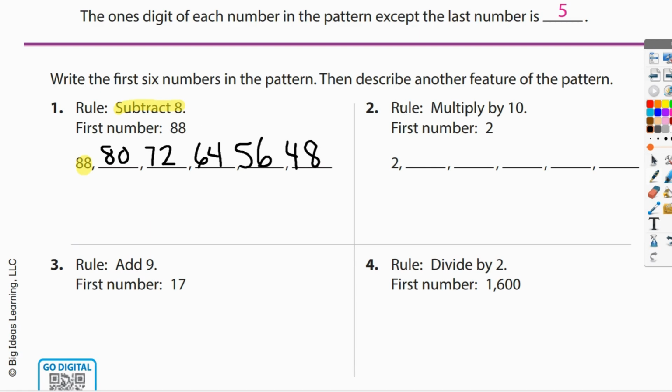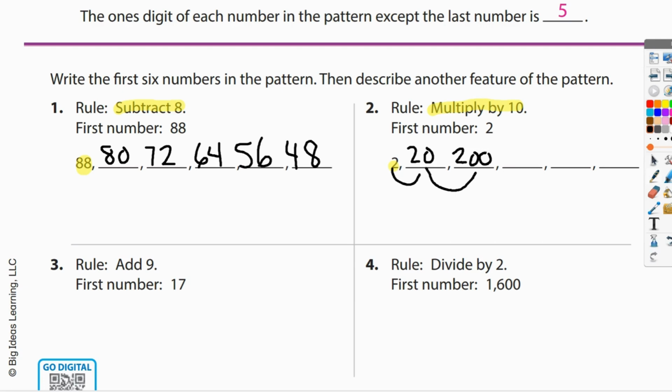Now, let's take a look at question 2. If I look at question 2, I have multiply by 10. But I have to start with my starter, which is 2. So let's try it out. 2 multiplied by 10 is what? In other words, 2 times 10. 20, right? 20 and 10 more. I add a 0, right? What about